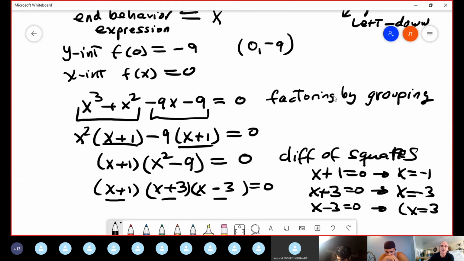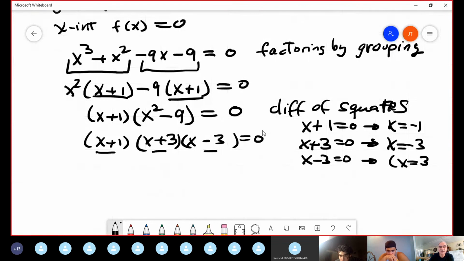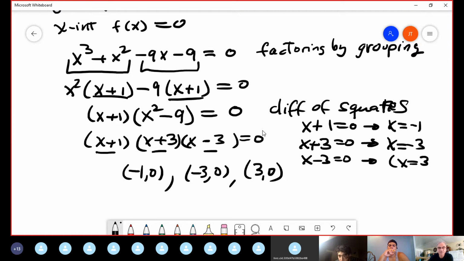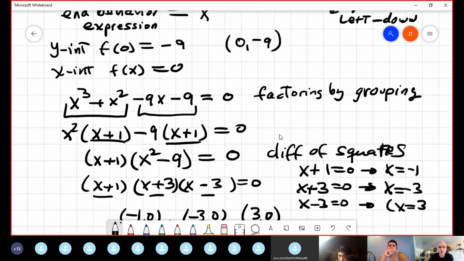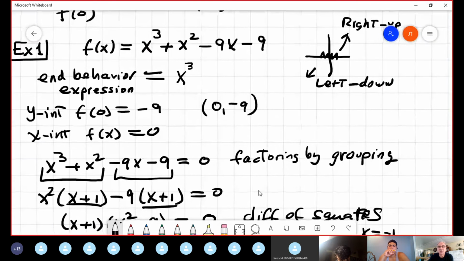No parentheses, guys. Now, the x-intercepts are negative 1, 0, negative 3, 0, and positive 3, 0. Now we are ready to do a rough sketch of this